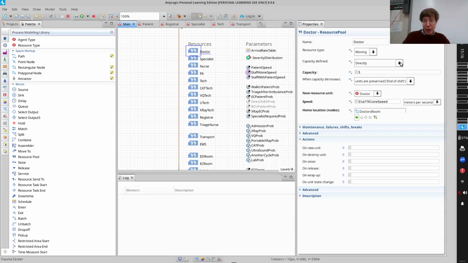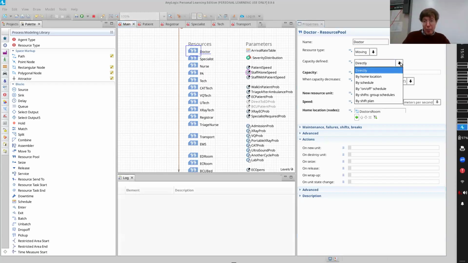How that capacity is defined, but it can be defined, say, by a schedule. Certain times of day, you can have more of them. Certain times, less. There can be none of this resource after a certain time. There could be shifts, some sort of group schedule that governs